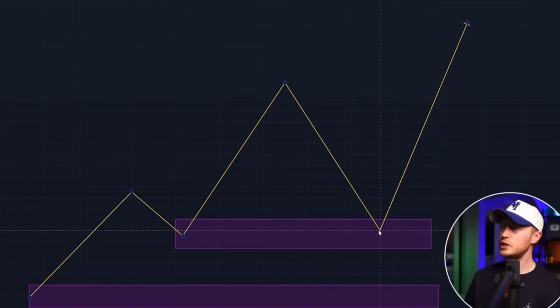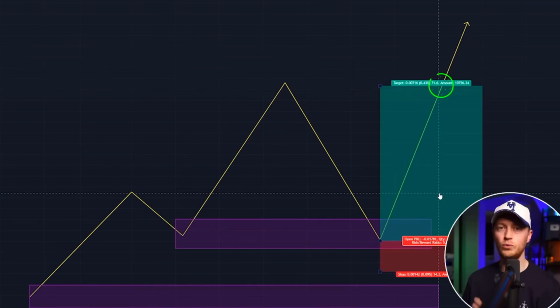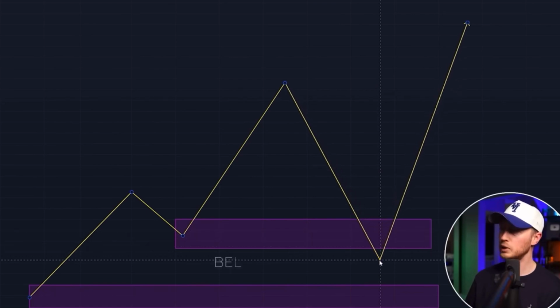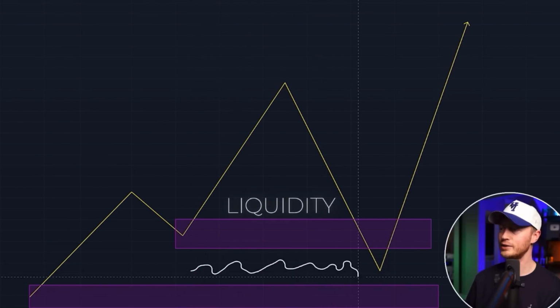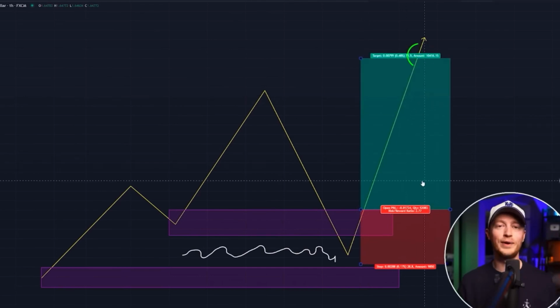So normally you would see the price come back into your demand zone like this. You'd enter yourself a buy trade, smash your take profit, win a bunch of money. But for this strategy, it's a bit different. Instead of the price coming into this zone right here, we want to see the price come below the zone right here. We want to see this liquidity right here get taken out. Then we want to enter our trade as we exit that demand zone, smash our take profit,